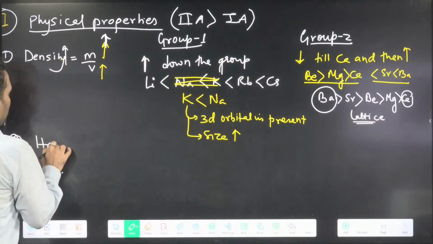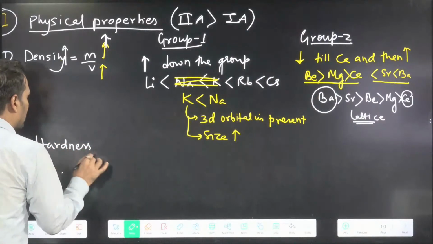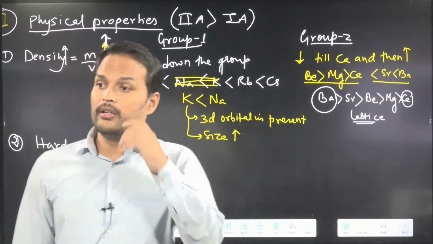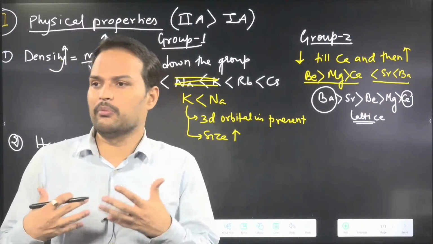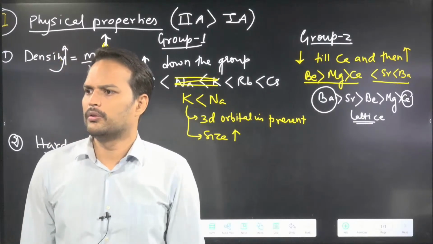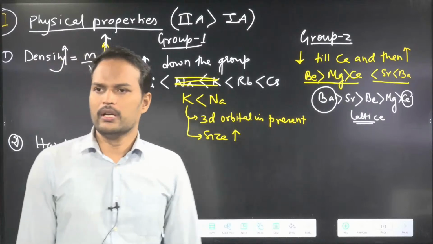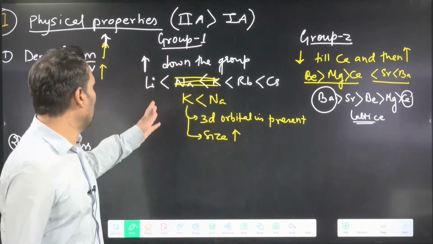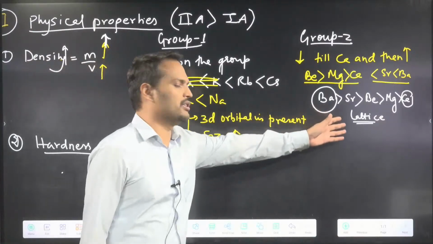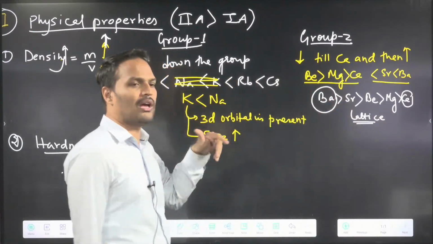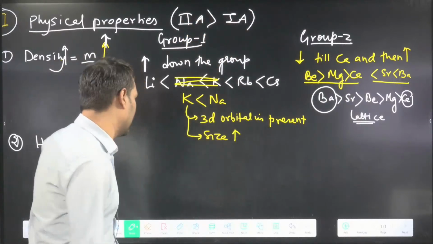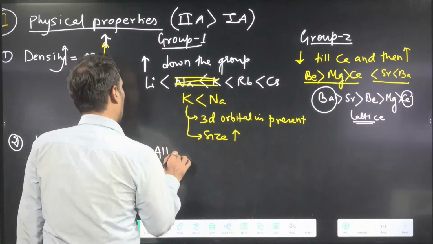Next we will talk about hardness. Now we know that hardness is due to interatomic forces, intermolecular forces, which is metallic bonding here. So who has more metallic bonding? This one, so this is harder than this. I have already told you before that group 2A properties are more than 1A. So what do we write here? That all are